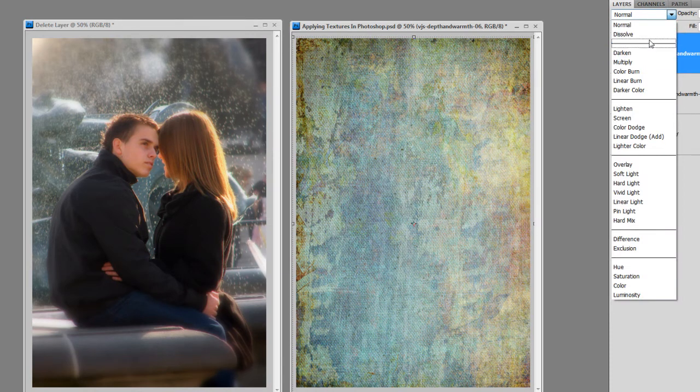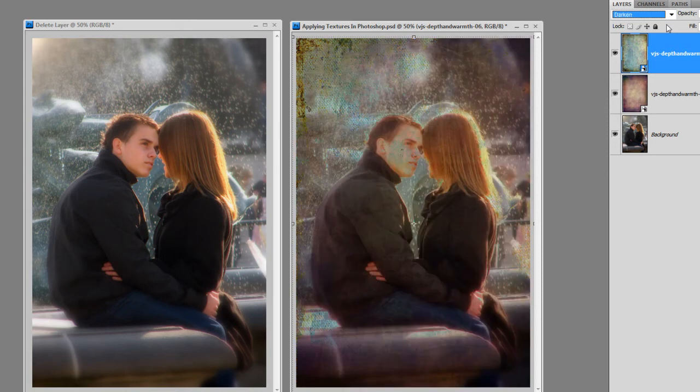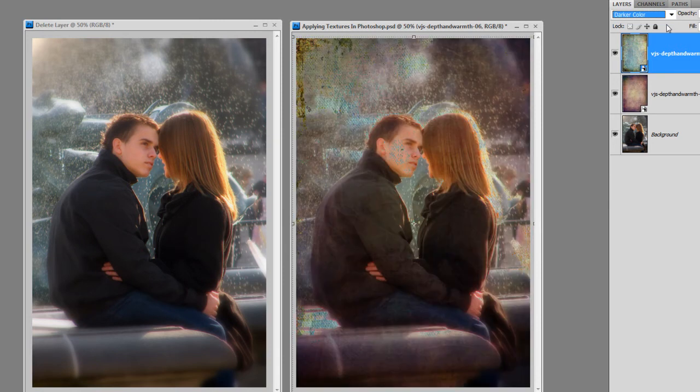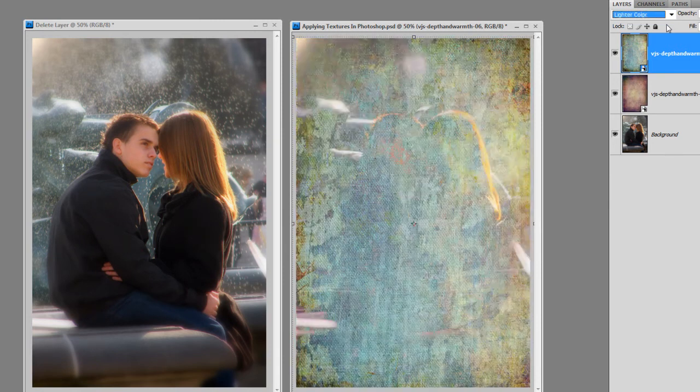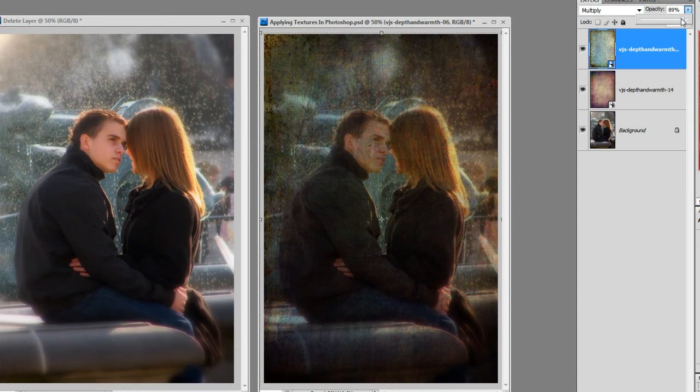Although I'm pretty well aware what different blend modes do, I may not know how they're going to apply this particular texture, so I usually like to cycle through them all, and to do that I just check normal, and then I use my keyboard arrow keys using the down key, and I just apply each one until I find something that I'm happy with. And in this case, I'm going to go with multiply, and I'm going to go up here and adjust my